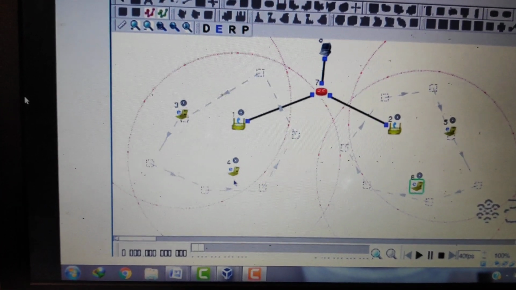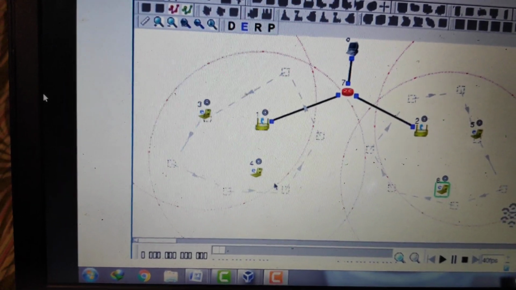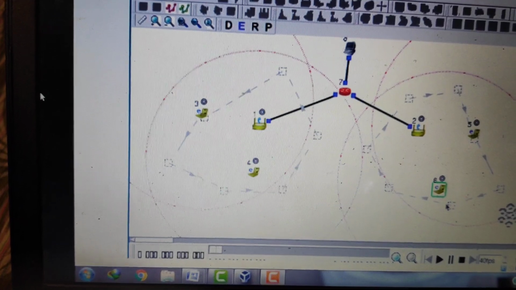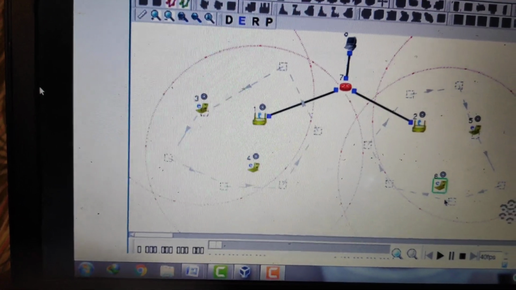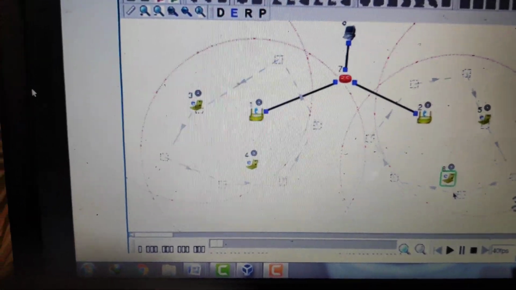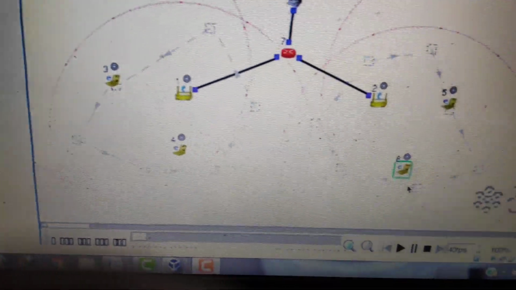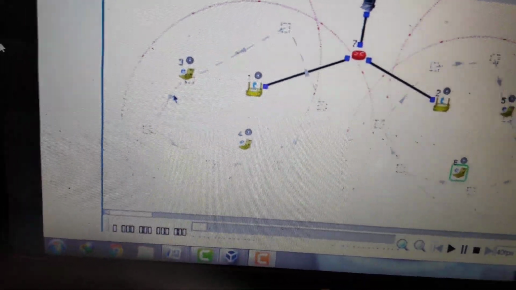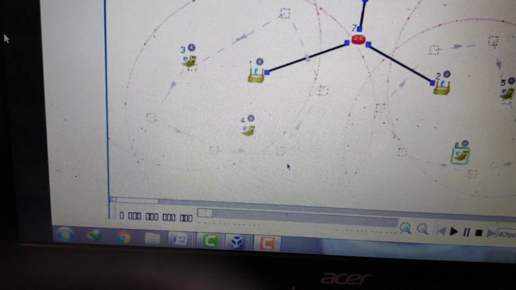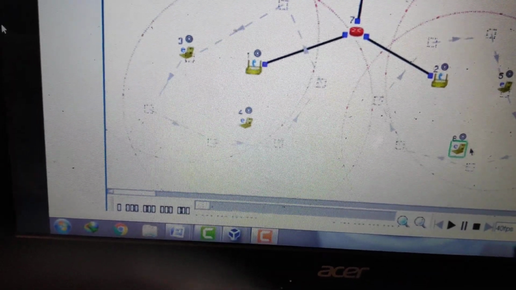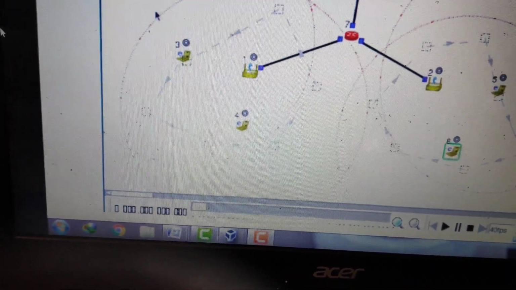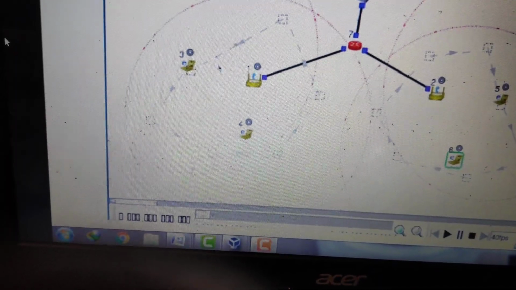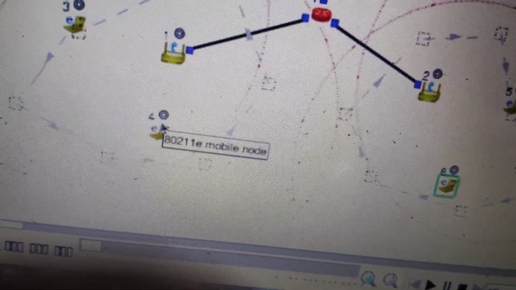Like this, you have to repeat it for all the mobile nodes, changing the port number. We have given 8000. If we start from 8000, then 8001, 8002, like that, we will have four port numbers. You can configure each of the mobile nodes. One more time, we will just check how to do it, and then we will proceed with the explanation.